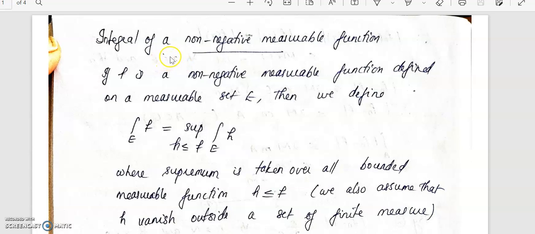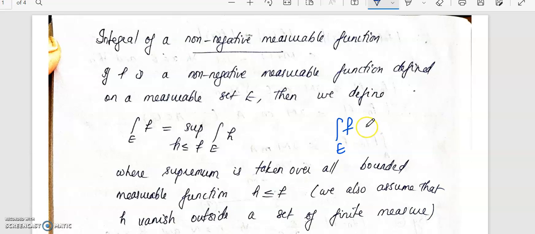Hello all. So today let us look at the integral of a non-negative measurable function. So in the last classes we were looking at the integral of a bounded measurable function. So let us now look at the integral of a non-negative measurable function. For a bounded measurable function, the integral over E of f